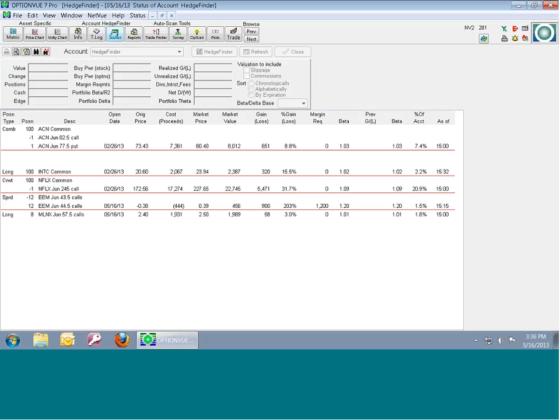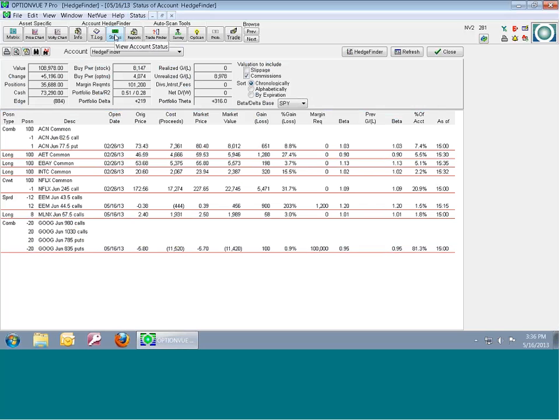Go back to status. In the Hedge Finder, it lets you graph your whole portfolio relative to a beta delta base. So I've chosen SPY here, but we could do it relative to the Q. You'll see next to each one of these, there is a little number, and that's the R squared. The higher the number, the better the fit it is. The Q, the NASDAQ 100, is actually a little better fit, mostly because of all this Google, I'm guessing. But once you've chosen this and you have all your positions,